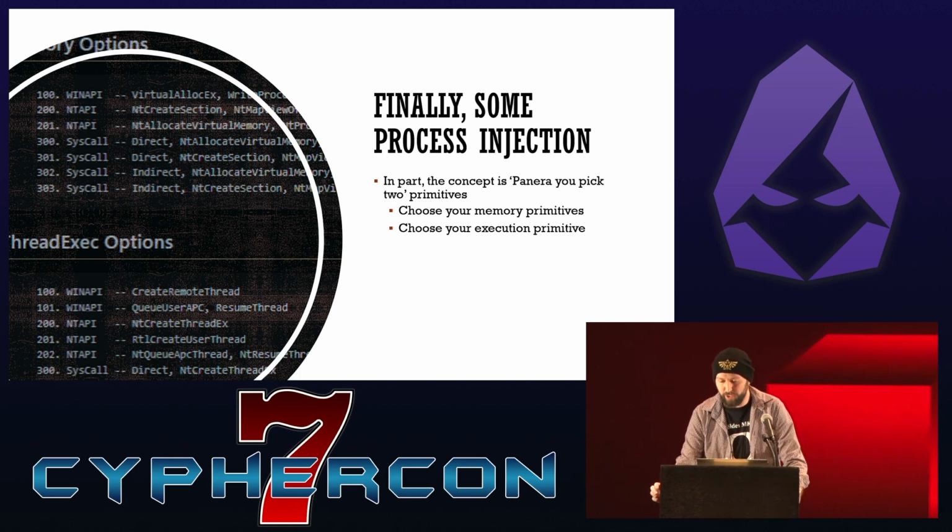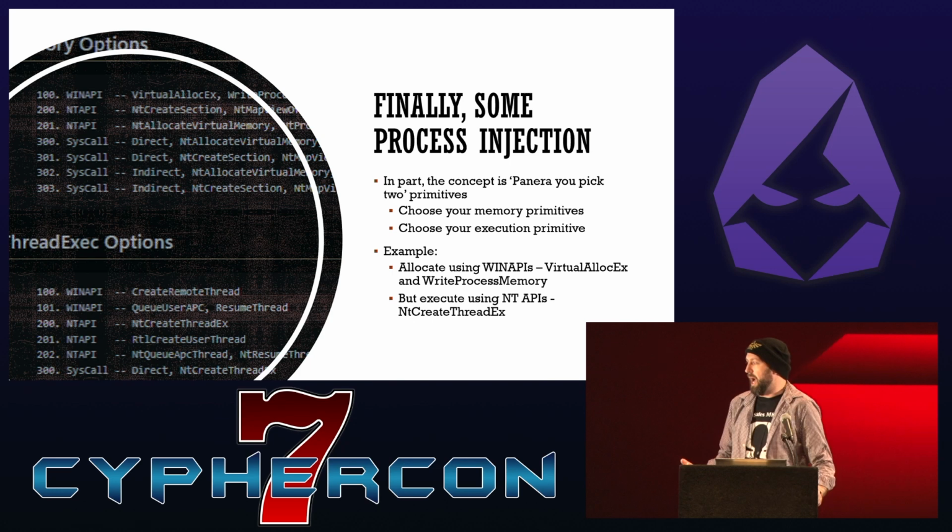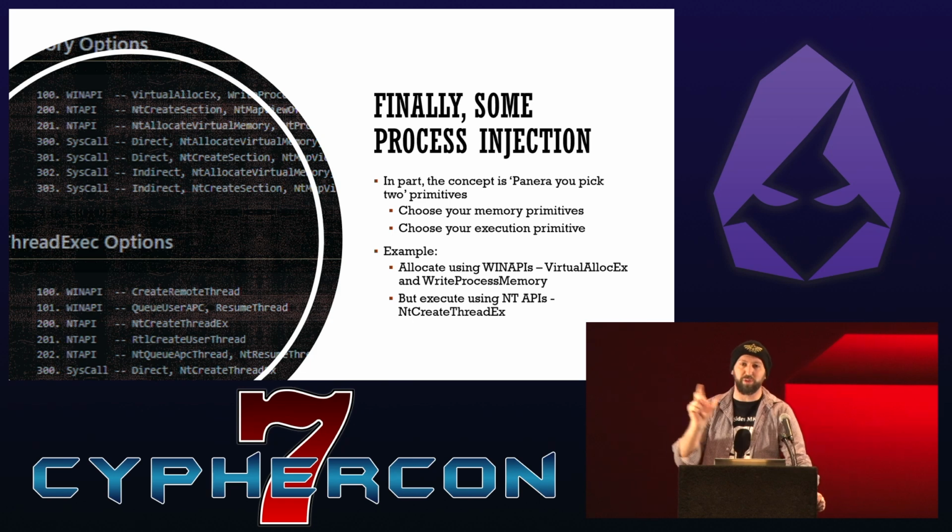And so what that means is we can choose every time we inject. I might want to allocate memory with the Win APIs, VirtualAllocEx and WriteProcessMemory, but I don't have to call execution that way. I can tell it I want to use NT level APIs to execute it, and it'll just pass that memory address back and forth. So this gives you pretty good red teaming, purple team opportunities,